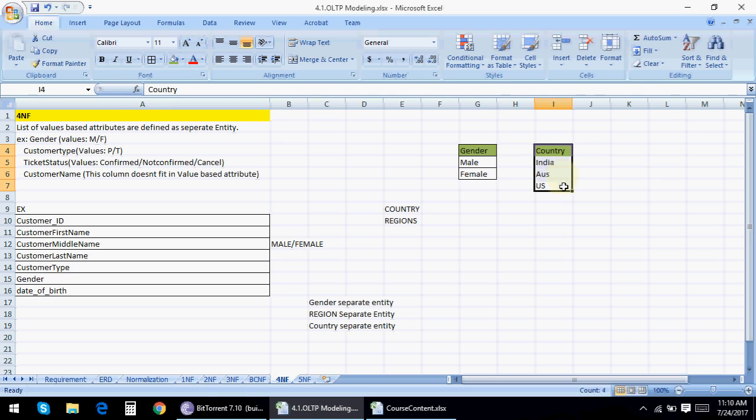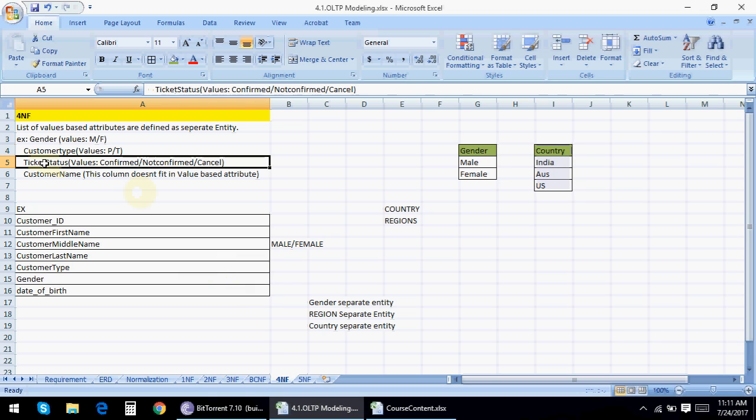So you should place all those columns which have a list of values as data as separate tables. That's pretty simple. So you can have ticket status. Ticket status is confirm, not confirm, cancel. So this can be your list of values.